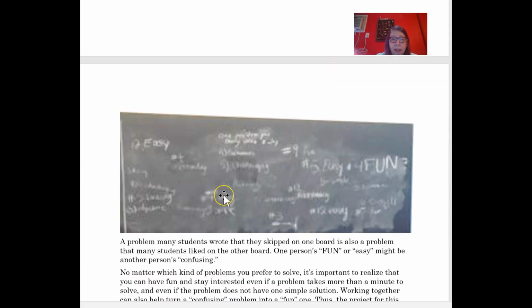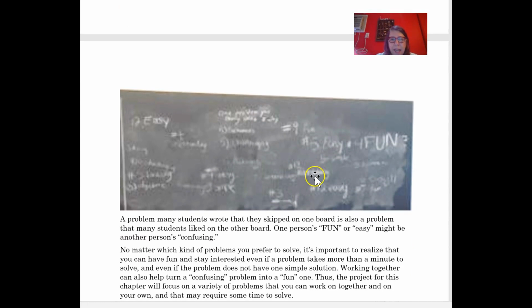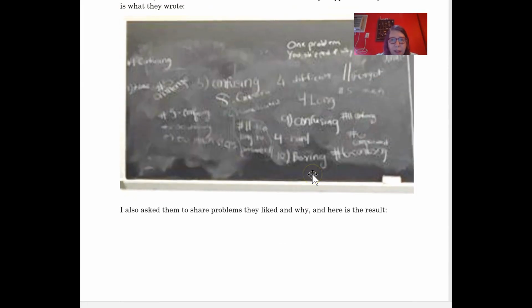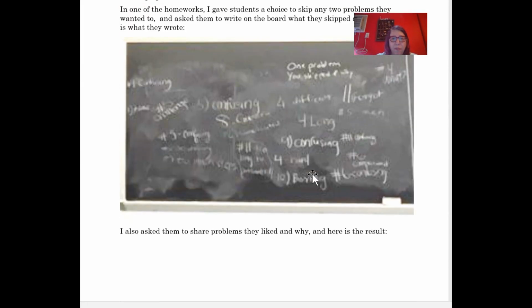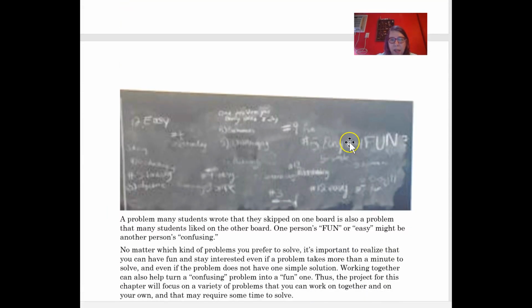And then I asked them to write the ones they liked. And some of the same problems showed up that other people hated, right? So 5 is confusing, but this person said number 5 was easy, and number 4 is fun, and this one is easy. And so this is the tough thing about working with kids in problem solving, or grown-ups and problem solving, is that one person's fun or easy is another person's confusing. So